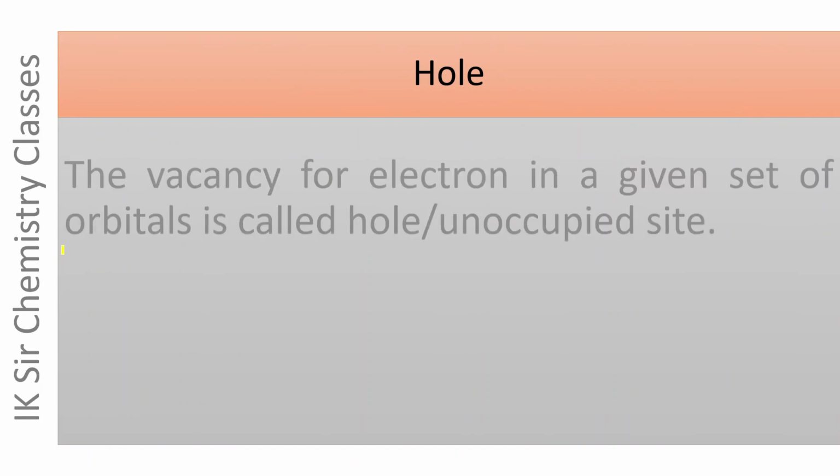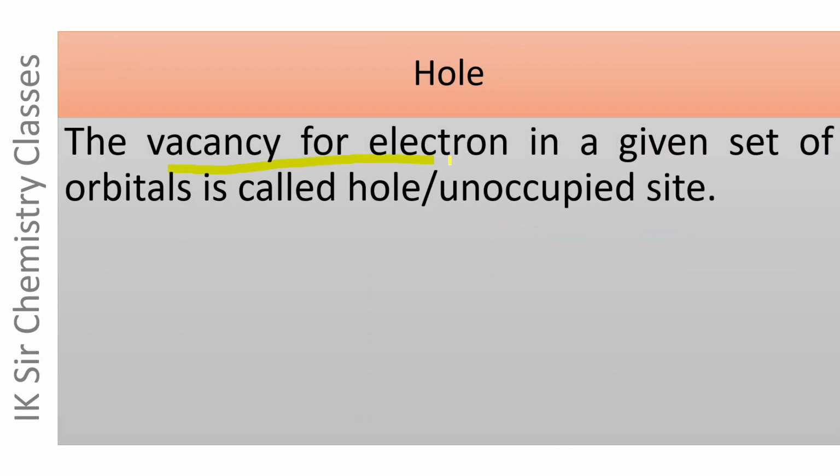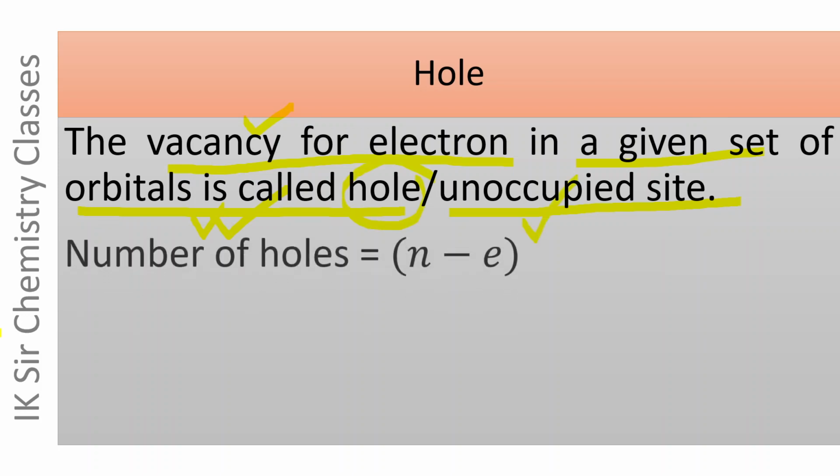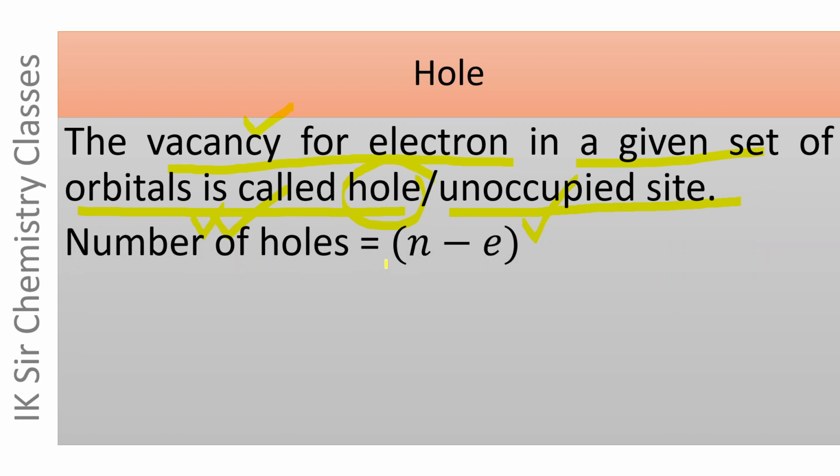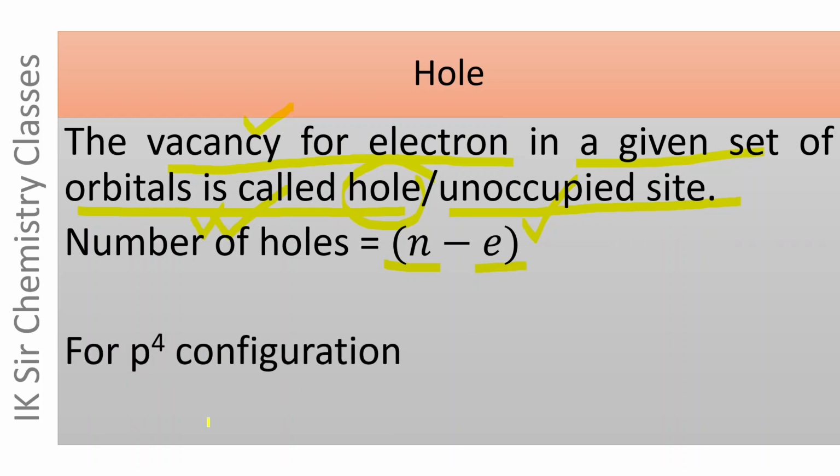Hole. The vacancy for electron in a given set of orbitals is called hole or unoccupied electron site. Number of holes is equal to number of electron sites minus number of electrons. For p4 electronic configuration, there are